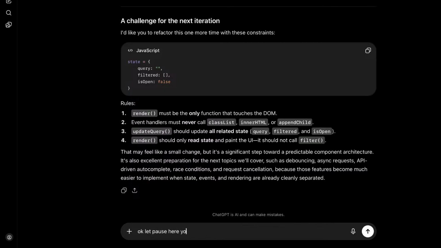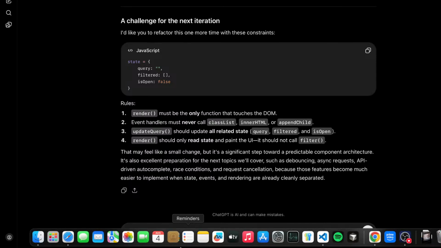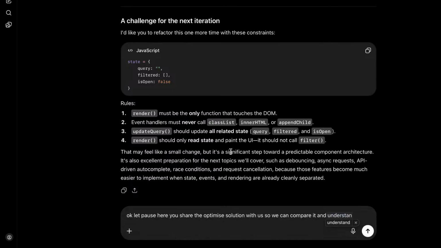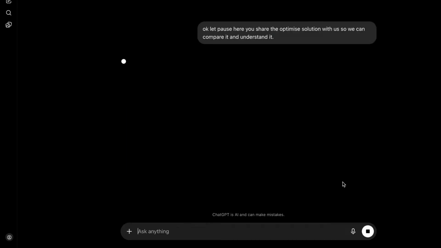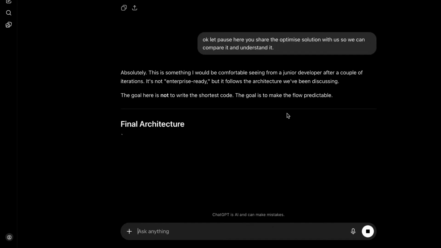Share the optimized solution with us so we can compare it and understand. So we are stopping here and let's see how the AI responds with its final